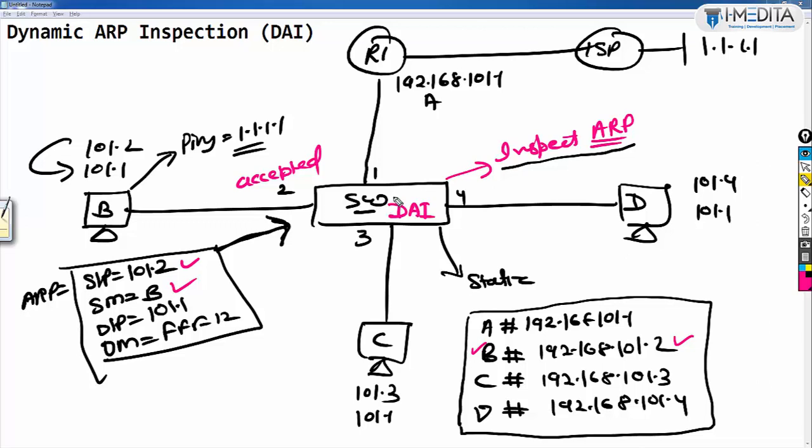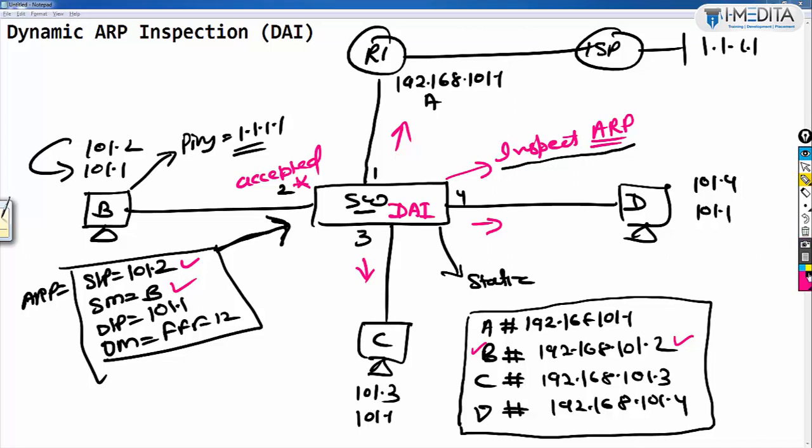After accepting, the switch will perform address learning, and the address is already there. So what will happen now? Flooding. Apart from this interface, the switch will send it to C, D and A.